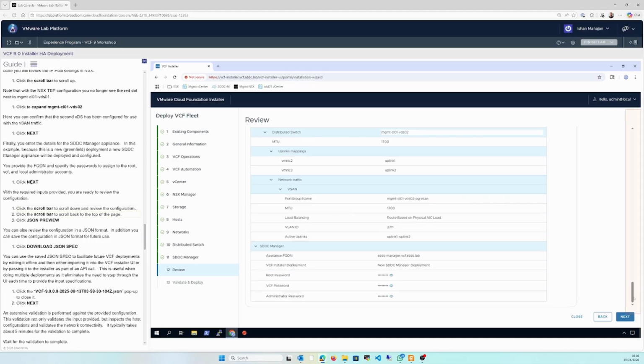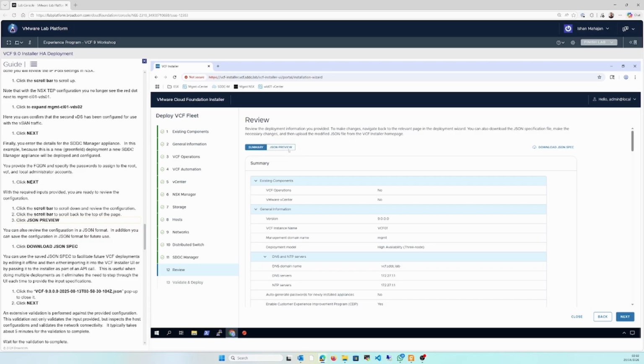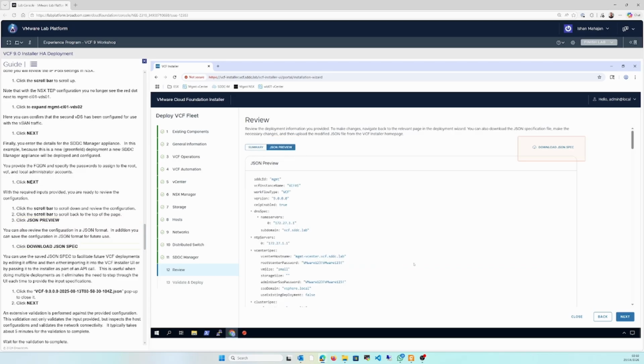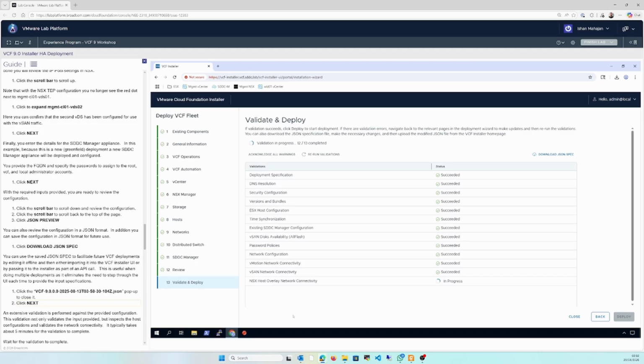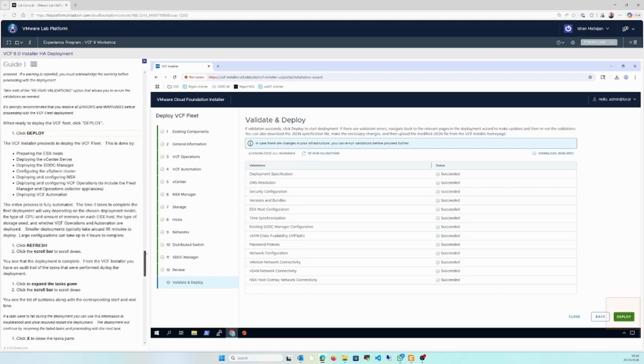Once it has been reviewed, we can have a JSON preview of all that information as well and download this JSON specification for future reference and keep it as a backup. Then click next, and after some time